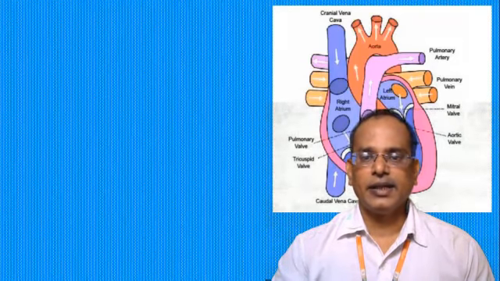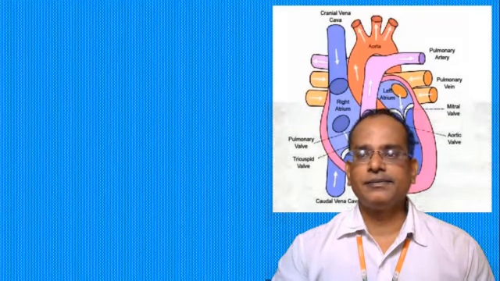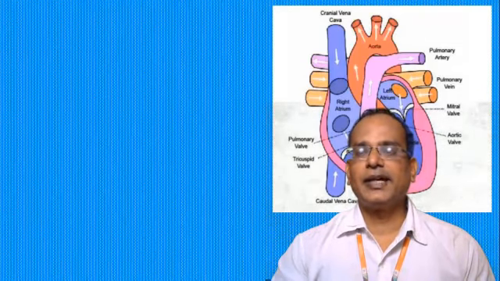Below that one is the cannula vena cava. And this left side is the pulmonary artery, pulmonary vein, mitral valve, aortic valve. So if the aortic valve and other blood vessels are not supplying proper oxygenated blood to the heart, it will cause severe cardiac shock or a heart attack.